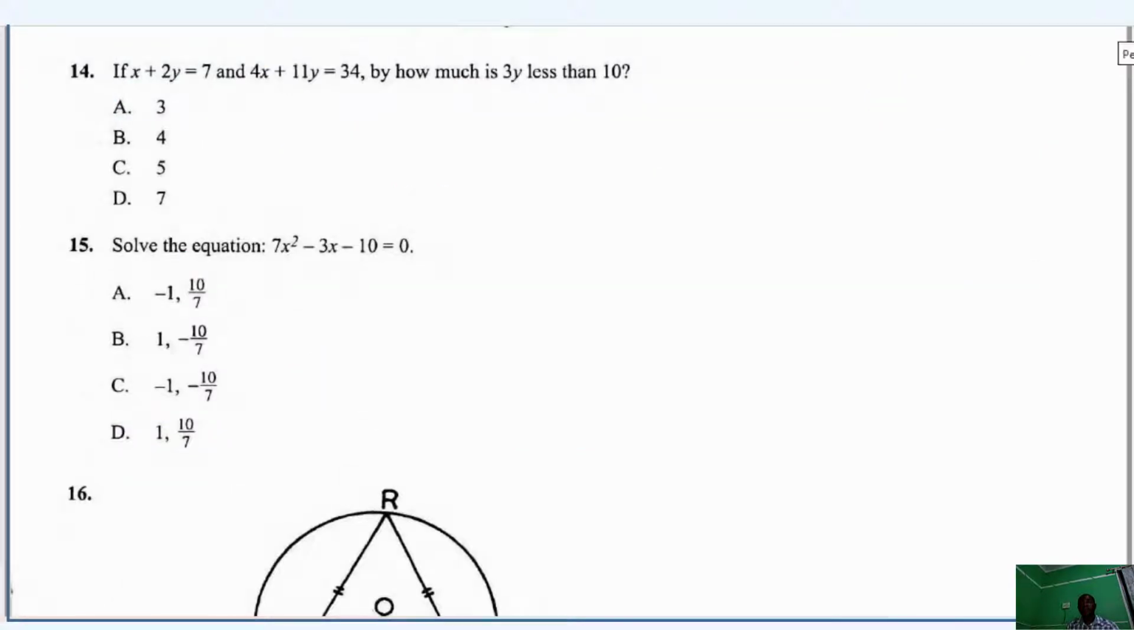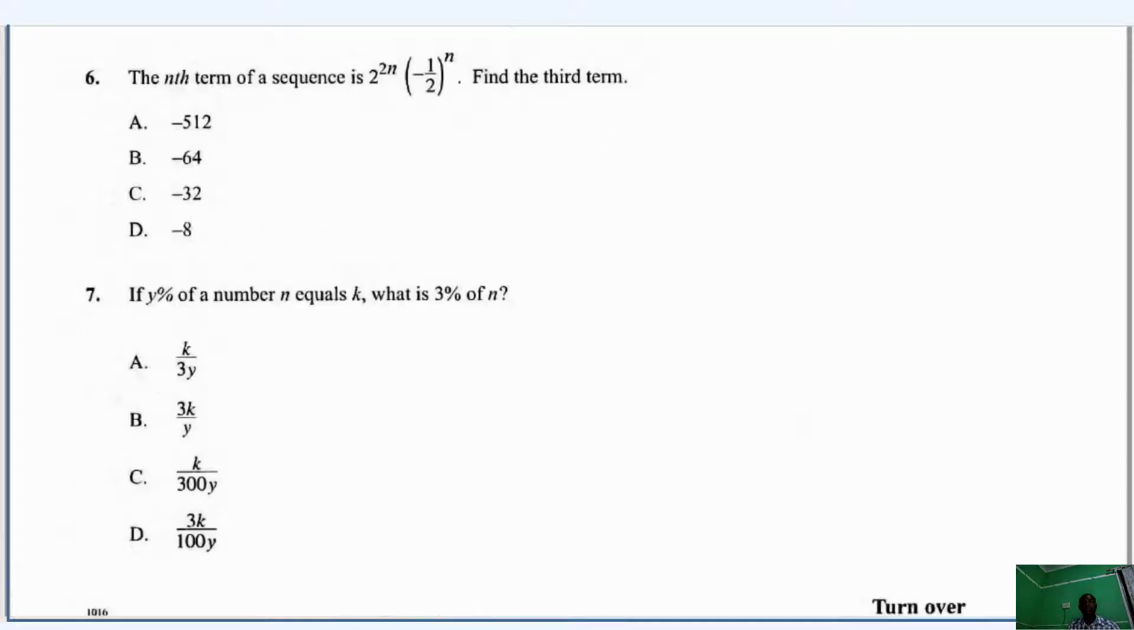Okay, so we are on question 14. I think the rest are on question 14. Okay, so we are on question 7. So let's solve question 7, saying that